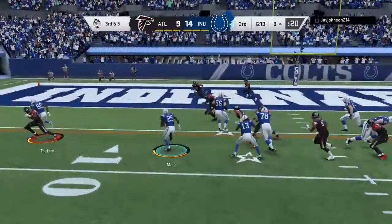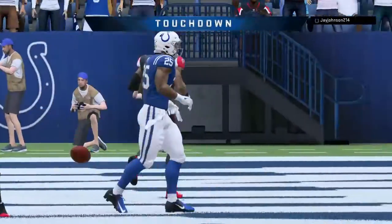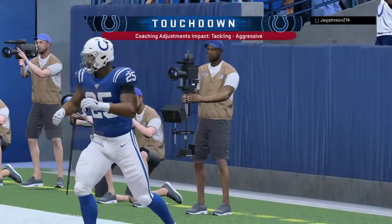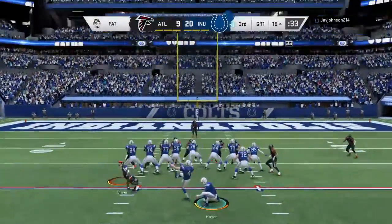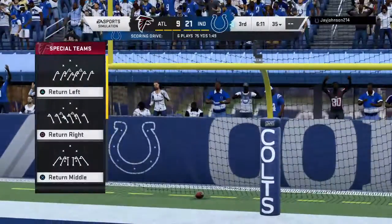They'll try and run for this with Mack. And he will fight his way into the end zone for a touchdown. Marlon Mack, his 4th touchdown on the year. And the Colts add on to their advantage. A good, sustained drive there in this 3rd quarter, capping it off with a touchdown to give them a nice